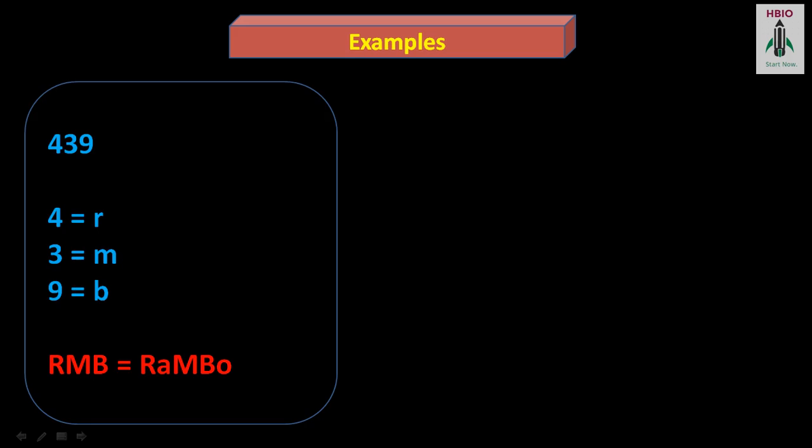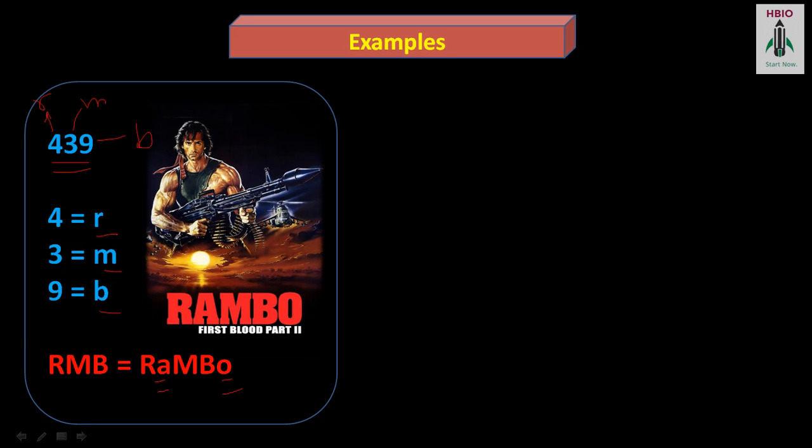let us start with an example. Suppose I have to remember this number 439 for all eternity. How do I do it? I mentally put 4. I have remembered that 4 is R, 3 is M, 9 is B. So I just write them down, and then I put some vowels into it, because in my system the vowels don't have any meaning, only the consonants are meaningful. So the word formed is Rambo, and the image is Rambo. Now you have converted this number into this image. This is easier to remember, and you can associate this with multiple things and then create a memory